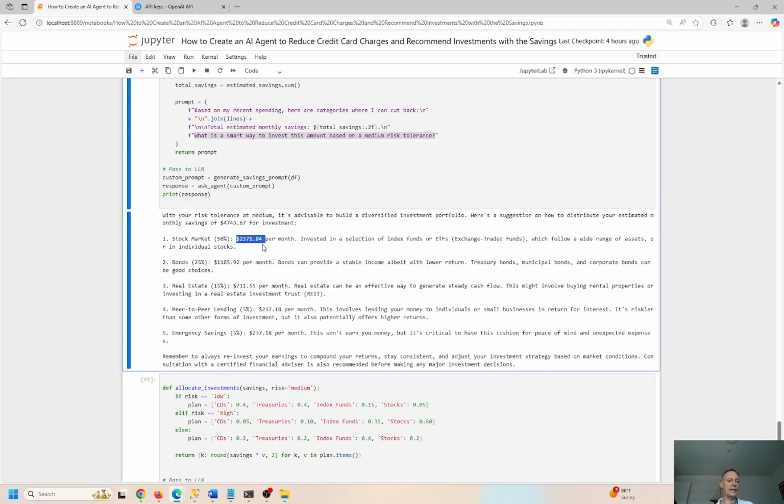But if you can bite the bullet and get this into the stock market, 50% of this into the stock market, I see, per month, that's more, so 800. So we're going to bite the bullet, make some sacrifices here, go from 800 up to 2,371. Now this is not forever. Try to do it for a few months. If you can survive on that, then keep at it. If you feel like your lifestyle is being compromised, maybe go down to 800 per month.